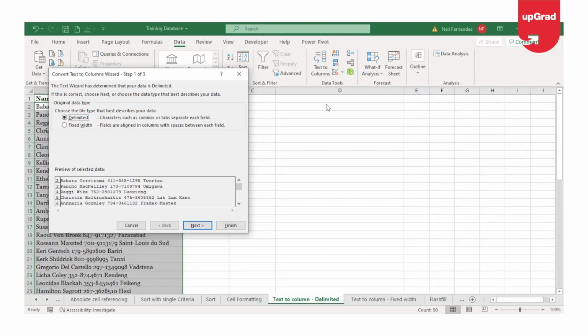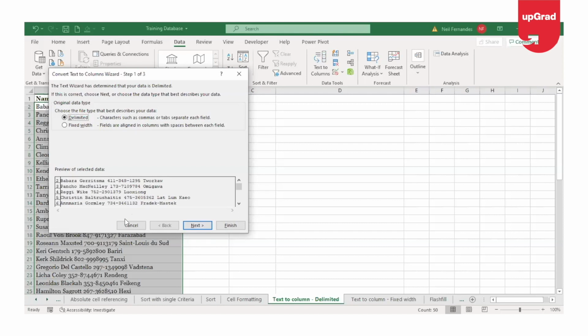In this wizard, there will be two options that you are required to select from: delimited and fixed width. Delimited is used when the data that needs to be split is separated by a delimiter, such as comma, spaces, slashes, etc. So basically, if there is a separator in your data, you can use the delimited option.